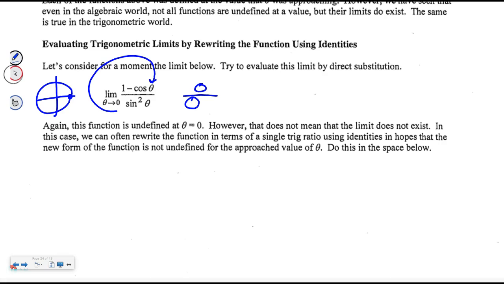So our line of approach is going to be, we love cosine and sines. I call them your besties for trig. So if there's tangents and cotangents, you're going to replace them. Does that sound good? I have this one in terms of my besties, so I'm not going to do anything. But because I'm getting 0 over 0, there's something that's got to cancel out. Wouldn't you agree? It's either got to be the sine on the bottom or the 1 minus cosine on the